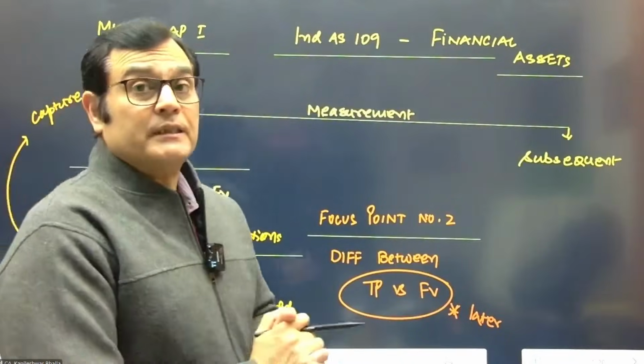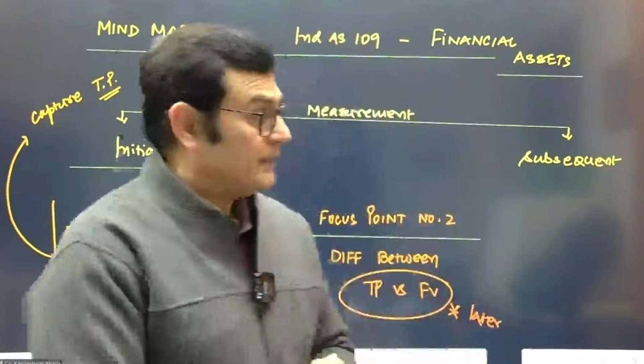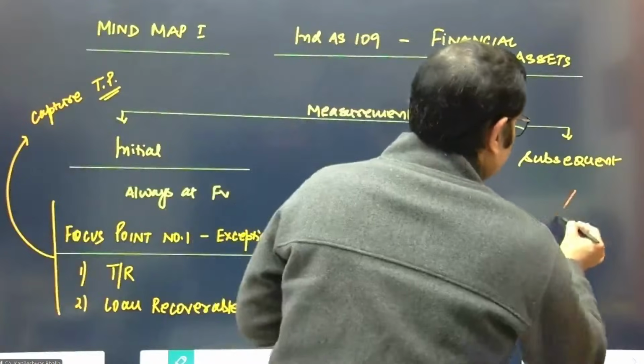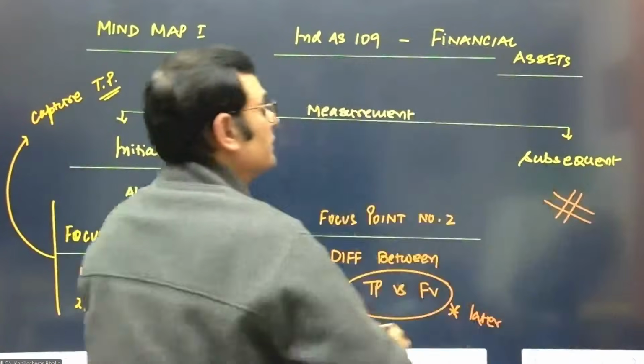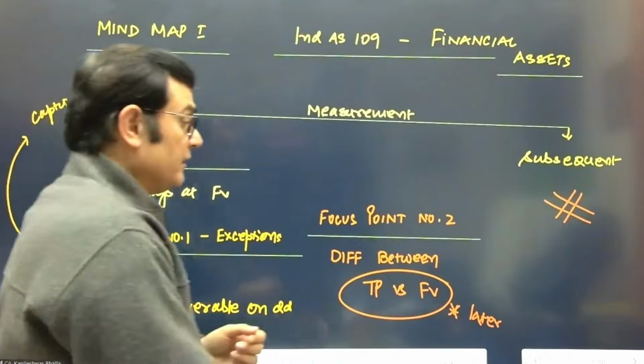Okay, now comes the input in terms of subsequent measurement of financial assets. I think with that, I'm just going to continue the chart. So let me just take it to the next page and we're going to see how these subsequent measurements occur. So let's go to the next one. So when we're looking at the subsequent measurement of financial assets,